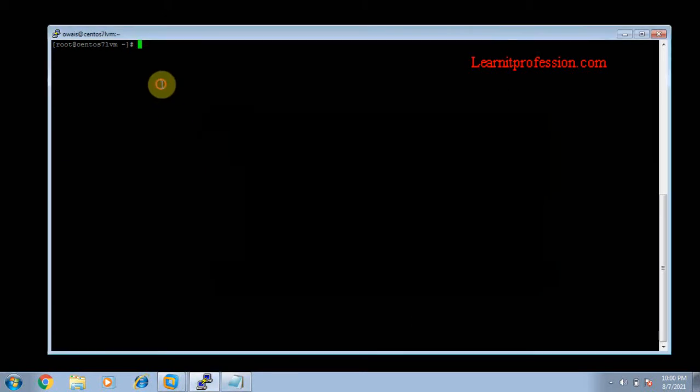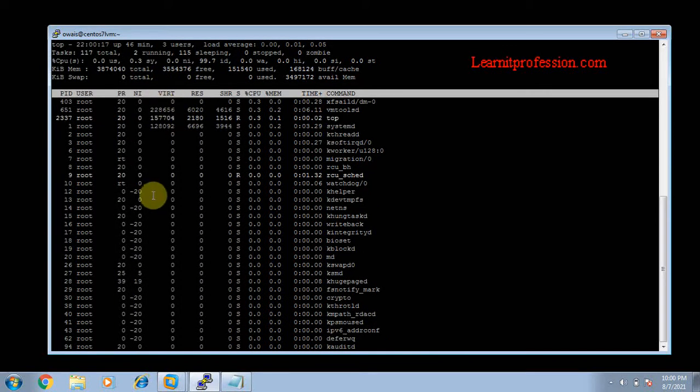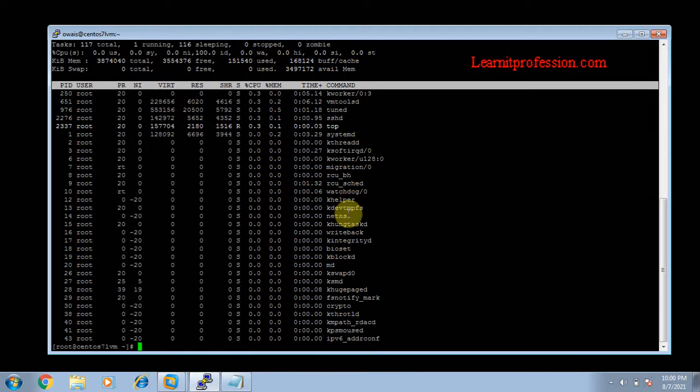the command. Means when you type in a top command, the running process will be shown. So if you want to save all the processes to a file, just type this command: top space dash n space 1 space dash b space greater than space the file name. File name means if you want to change the file path, just give the file path, like /top directory. The file will be saved on the root path. If you want to save the file in another directory like media, you can give /media.